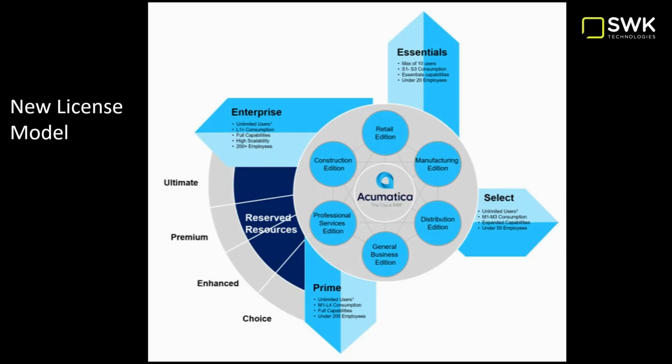You still have an unlimited user license, so that's true for all Select, Prime, and Enterprise. The outside arrows, we use 3 or 4 components to determine where we fit: how many users are accessing the system, the commercial transactions, the feature functions if we need to add something, and number of employees, which is used to scale a prospective customer for Acumatica because we don't know how you're consuming.